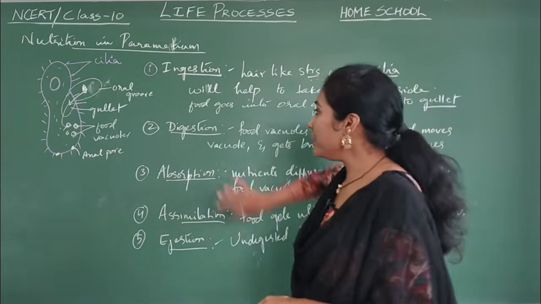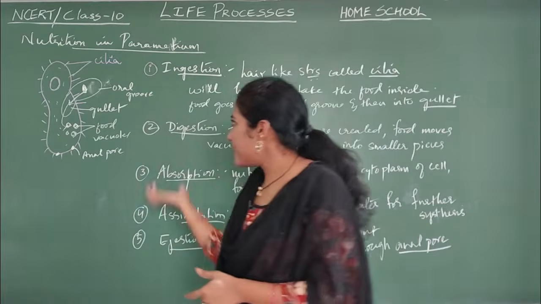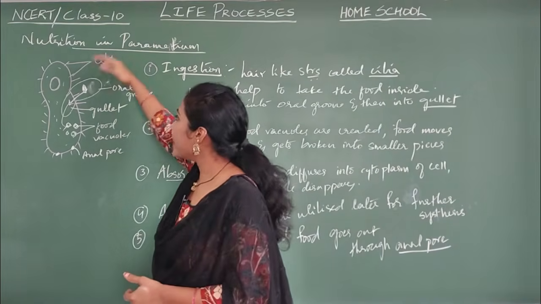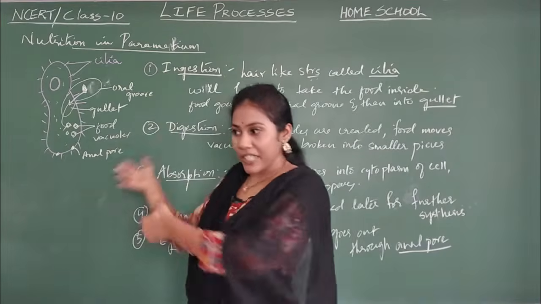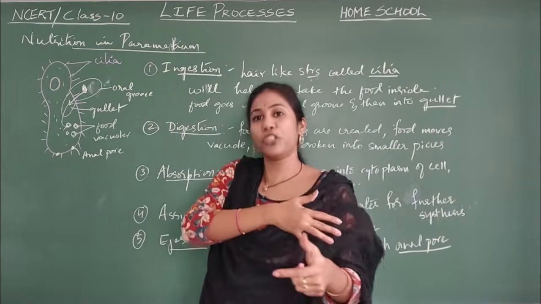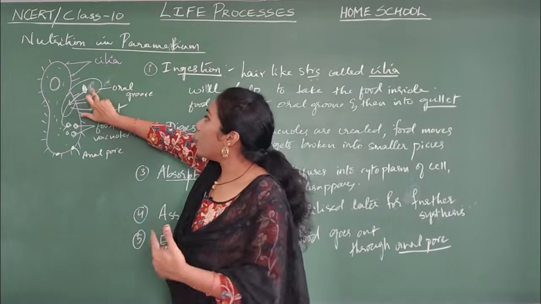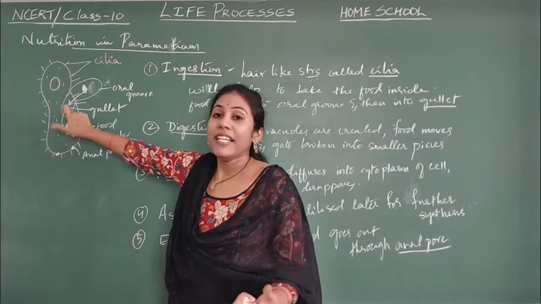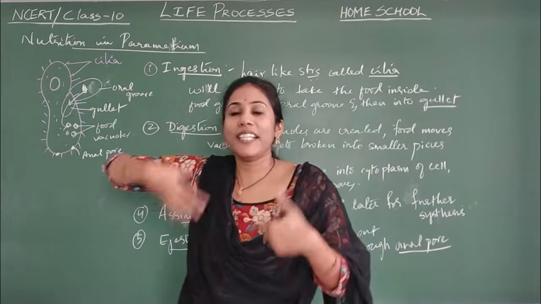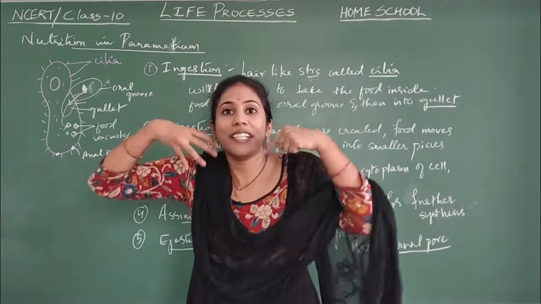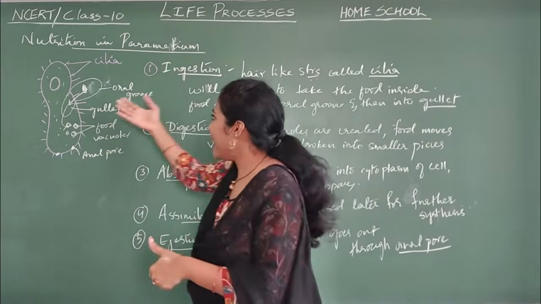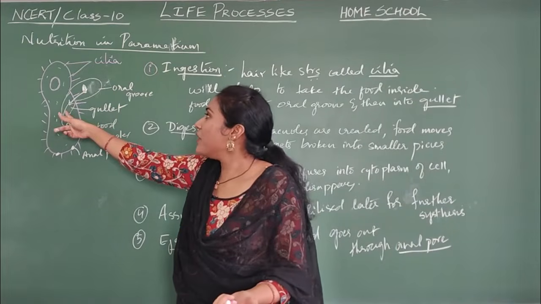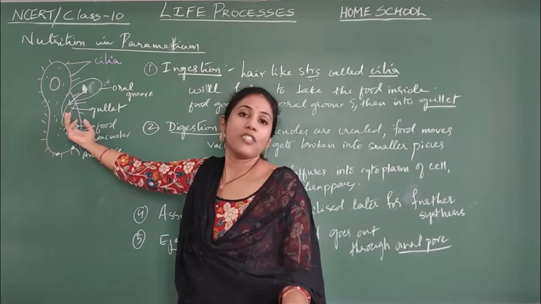Okay, and ingestion is also a little advanced type. Yes or no? See, the hair-like structures called cilia are sweeping the food inside. Like this, sweeping, it is pulling the food towards itself. It is going to the oral groove. Later, it is entering into the gullet. Just like the food that we take, first it enters the mouth and later the stomach, no? Like that only. First to the oral groove, which is like a mouth, and later it is moving to the gullet. Gullet is just like a stomach.